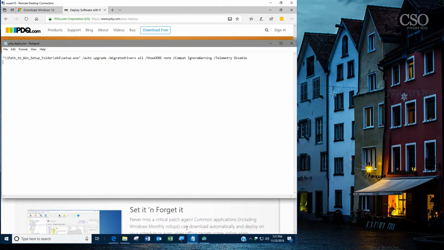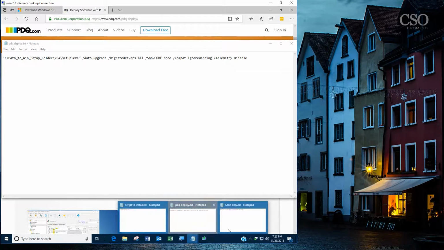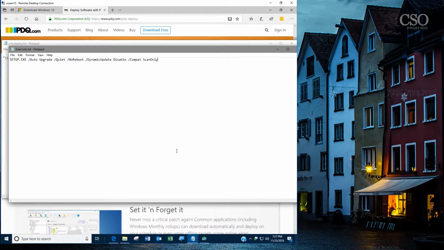And finally, if you want to see how the install is and just to see how the installation will go, if you're going to hit any issues along the way, there's a way to start the install with a /compat scan only. Now these flags will allow you to not install the Windows 10 1809, but actually test it out. So before you get ready to install it, you can do it like a dry run and review what the system says or if you're going to have any blocking issues.